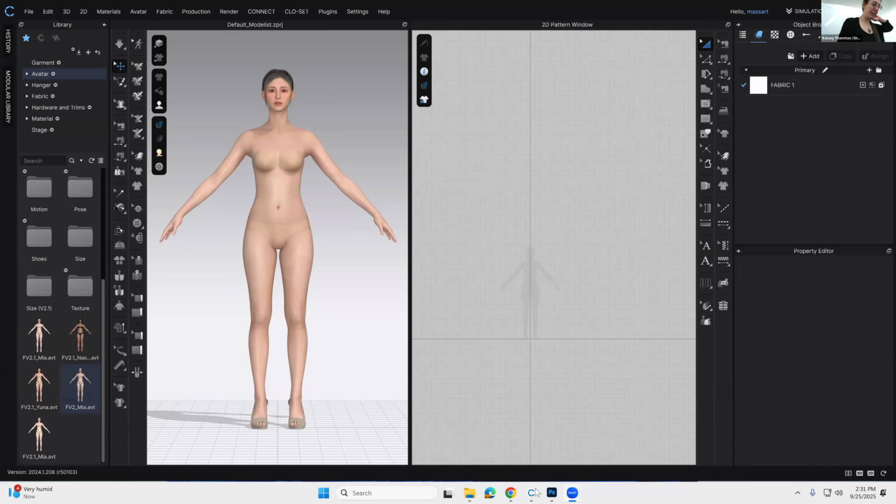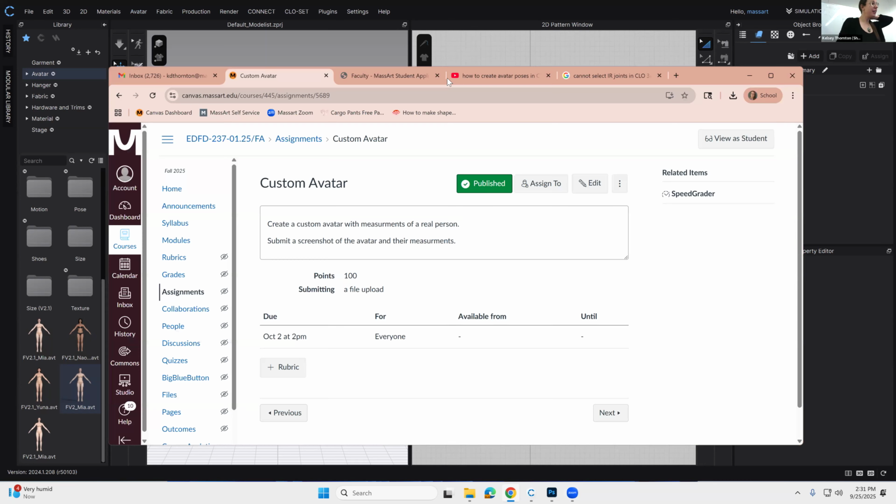So that's my class's homework. Hello. So we are going to create a custom avatar with measurements of a real person. So it can be you, and then you can submit a screenshot of the avatar and their measurements. It doesn't have to be you, it could be any real person. And then,